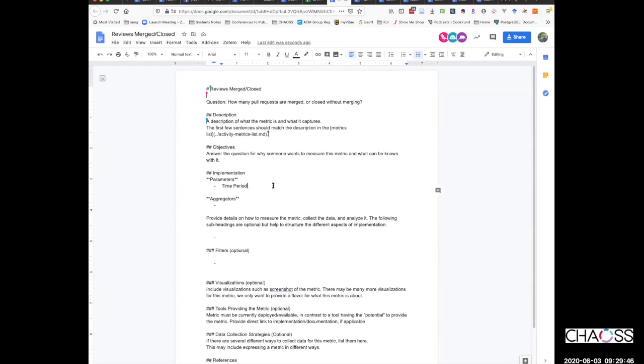But if we want to keep this question, I think the question that is currently here would better fit in code development activity, because it is just measuring the how many, not the ratio. So my real question is, are we trying to measure contribution acceptance here, or reviews merged closed, just that number?